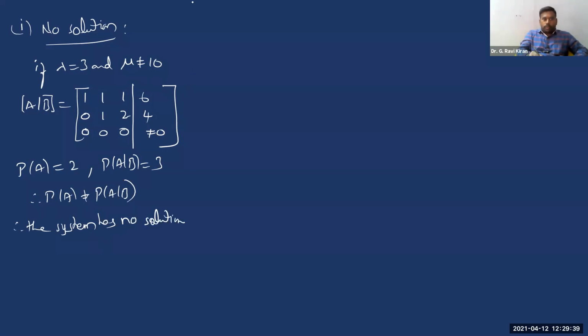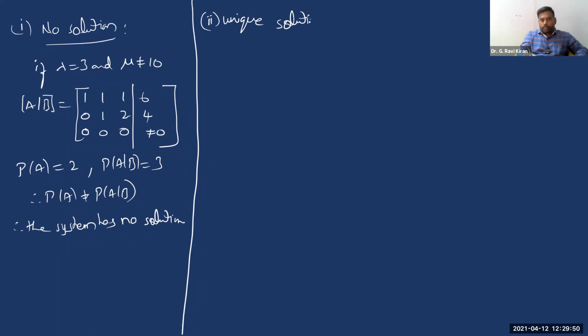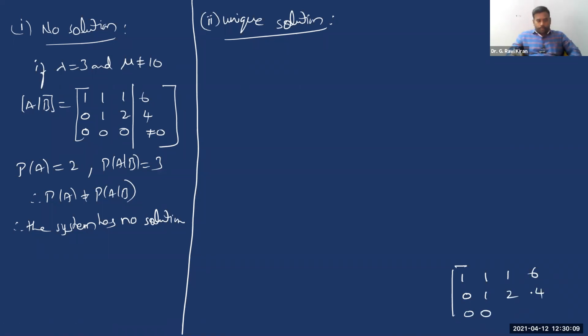Now, we are expecting a unique solution. In which case can we get a unique solution, for what values of lambda and mu? Can anybody guess what it may be? Let me give you an idea. To get a unique solution, this is your augmented matrix 1 1 1 6, 0 1 2 4. These two rows are already fixed, and in fact these two elements in the third row also. So these two are the questions.